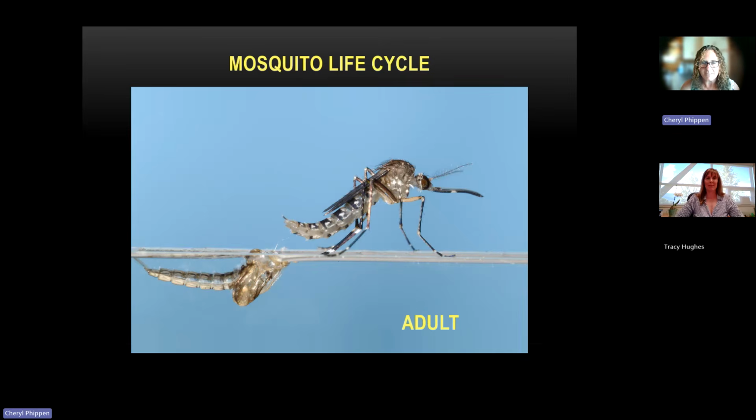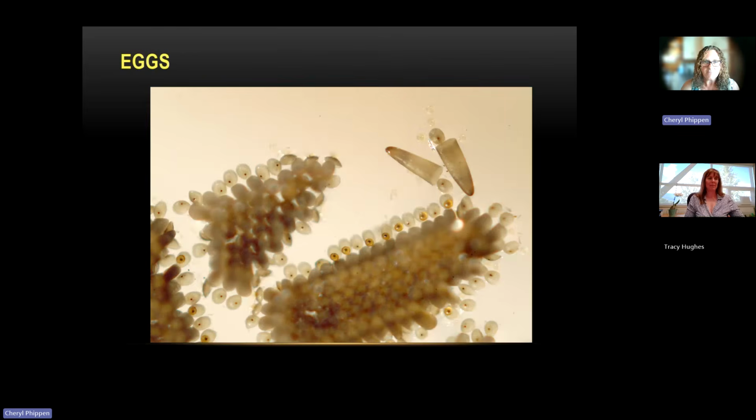So we all learn about caterpillars in school, that they have a 4-stage life cycle: eggs, caterpillar, they go into a cocoon and they come out as an adult. Well, what we typically don't learn is that all flies, which mosquitoes are, and beetles have the same life cycle. So this is an adult mosquito just stepping out of its cocoon stage. Female mosquitoes require a blood meal, enough protein to develop their eggs. And then, of course, they lay eggs. Some mosquitoes lay their eggs on the surface of the water, like these ones. Other mosquitoes will lay their eggs in moist soil, in areas that are presumably going to flood again in subsequent years.